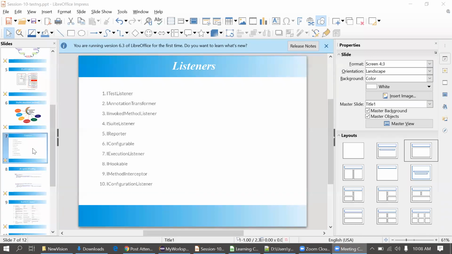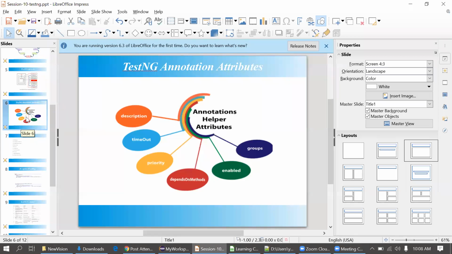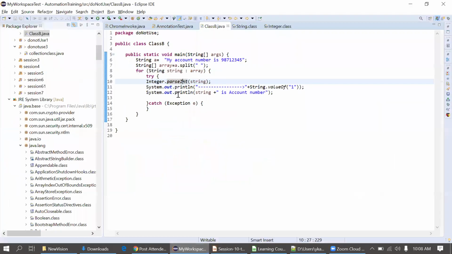Okay, fine. So yesterday we have seen these annotation attributes: the description, timeout, priority, dependsOnMethods, enabled, and the last one is groups. All these attributes are used with the @Test annotation.